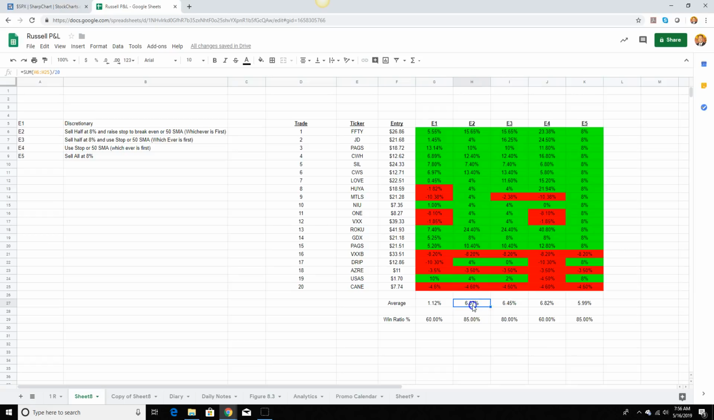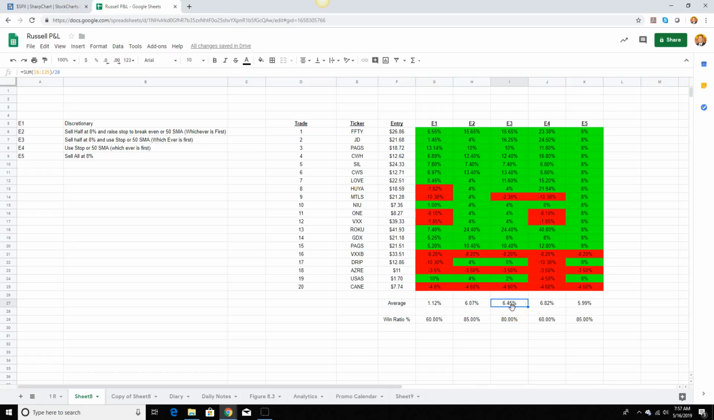Not a ton better, but slightly better, because there are just going to be those trades in E2 where it comes back and tests your entry and stops you out, where on E3 it's not going to stop you out so quickly. It's going to be a wider stop. So E3, where I sold half at 8%, I kept my original stop or the 50-day moving average, whichever first,